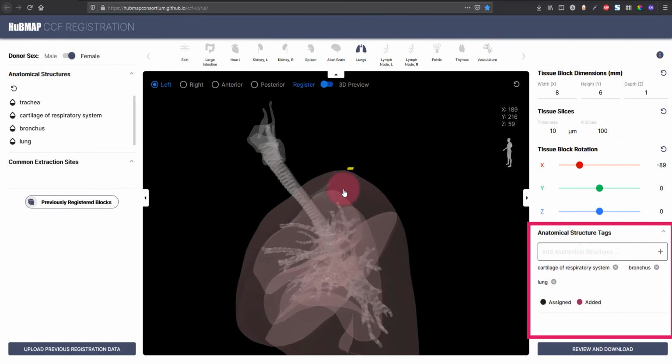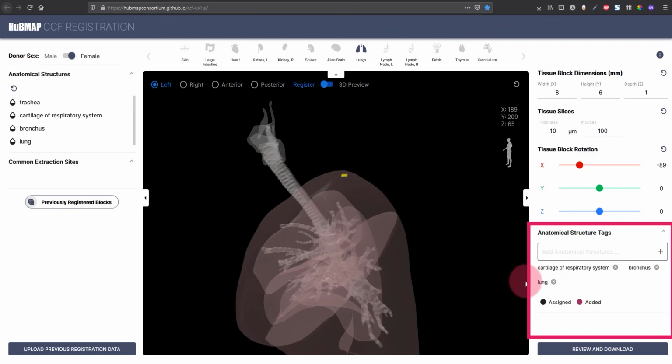And so we are employing a system called collision detection, which is fairly common in 3D world. Imagine that you're watching a Hollywood movie and two vehicles are colliding, okay, like for a really cool action scene. Obviously, it is computer generated, but the computer has to have a way of knowing that a collision just happened. So there is a collision detection algorithm running. And then, of course, in a Hollywood movie, you get like really cool special effects. In our case, you get something very simple. You just get an anatomical structure tag. So this tells us that, hey, our tissue block has just collided with these anatomical structures.